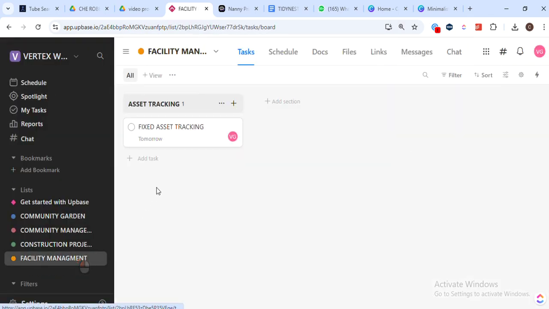And that's it. You've now learned the basics of using UPBASE for facility management. Remember, the more you explore and familiarize yourself with the platform, the more you'll be able to leverage its features to optimize your